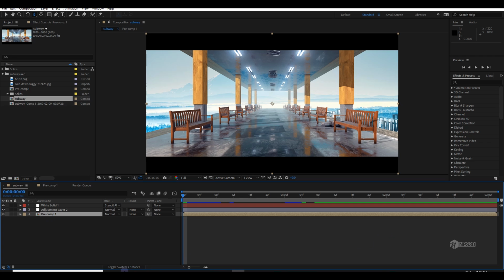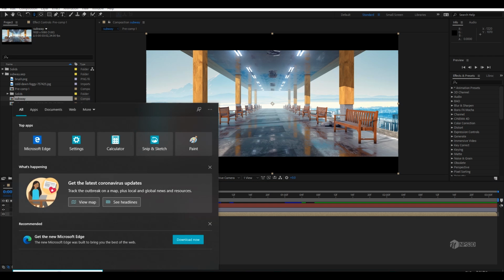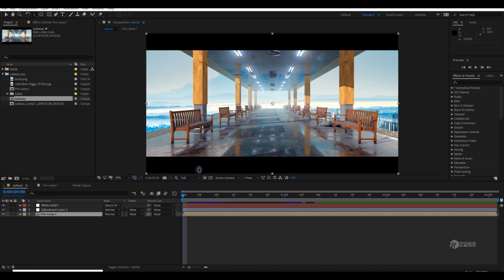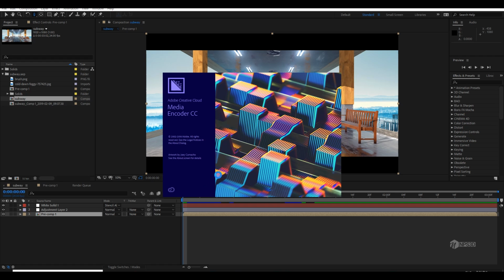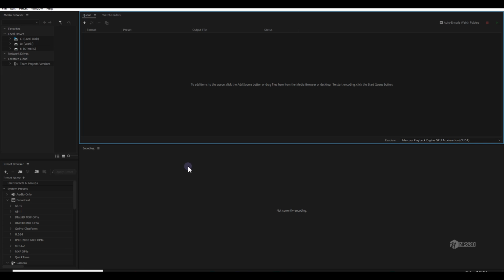I use Media Encoder for that, because there I get multiple format options, so it's a little bit easier to play around and get a good size and also good quality. And the best part of rendering in higher quality is you can get lower quality anytime from that clip.